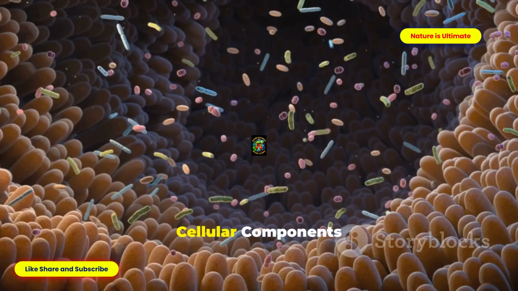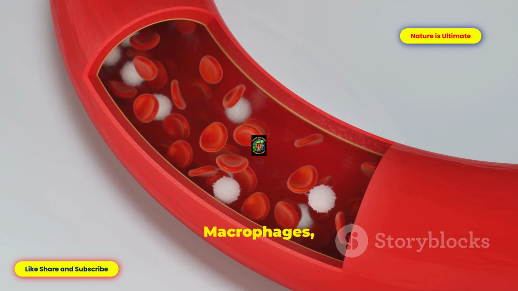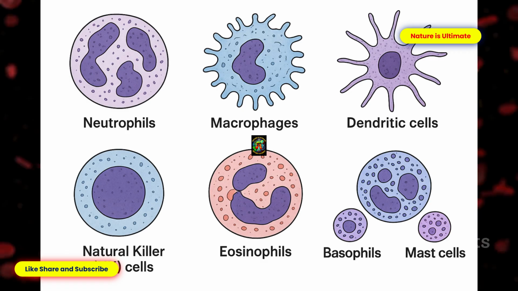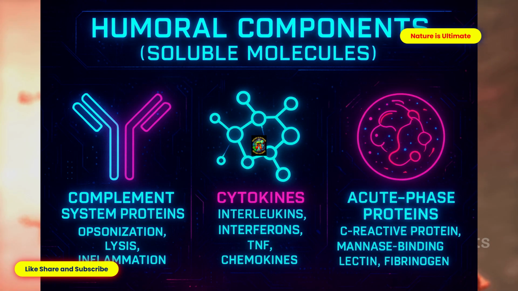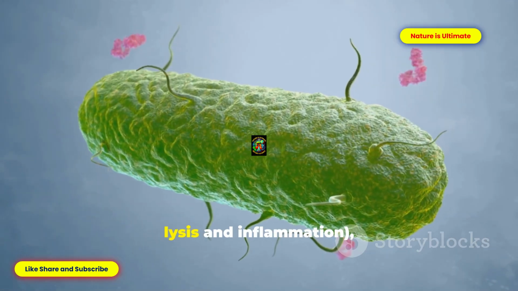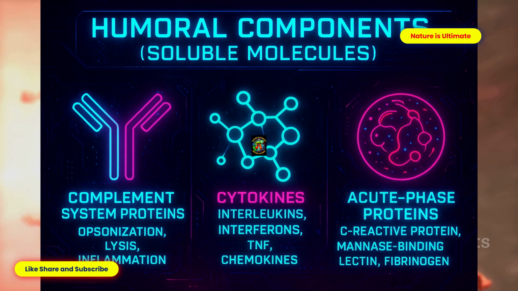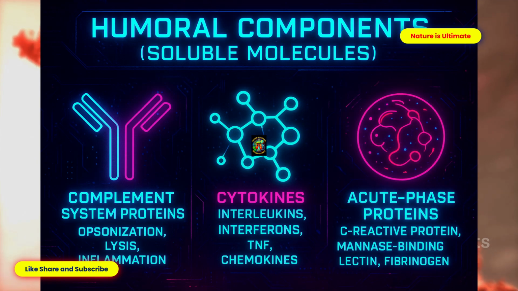Next, what are the cellular components involved in the innate immune system? Cells like neutrophils, macrophages, dendritic cells, natural killer (NK) cells, eosinophils, basophils, and mast cells play a significant role in innate immunity. Now about humoral components, which are soluble molecules, such as complement system proteins, play a role in opsonization, lysis, and inflammation. Cytokines like interleukins, interferons, TNF, chemokines, and acute phase proteins, such as C-reactive protein, mannose-binding lectin, and fibrinogen, play an important role